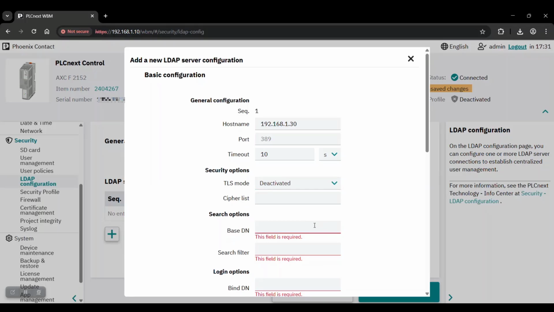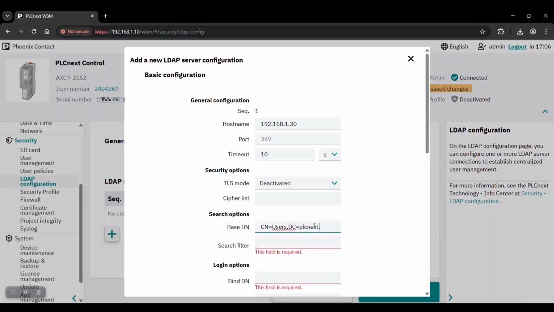The base distinguished name is the same as the distinguished name we saw earlier, but without the common name of the user. The search filter will always be a string entered in this format.